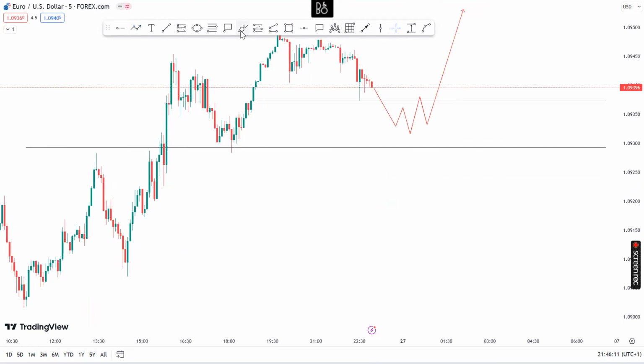So I call this entry module now. This lower time frame liquidity grab. This here is market structure shift, and here price might either react to our order block OB